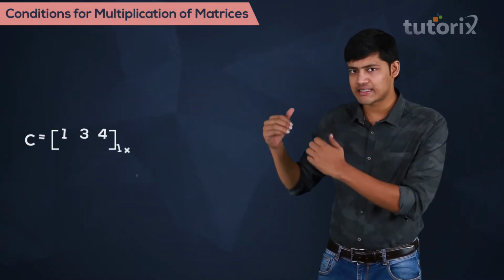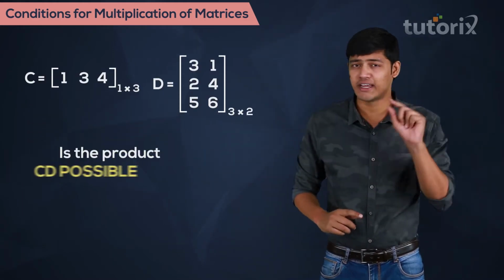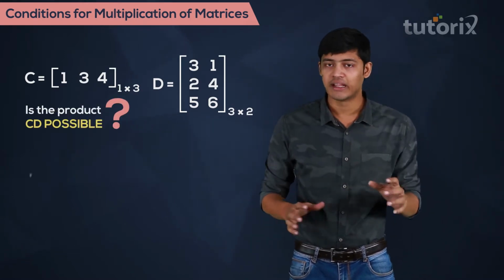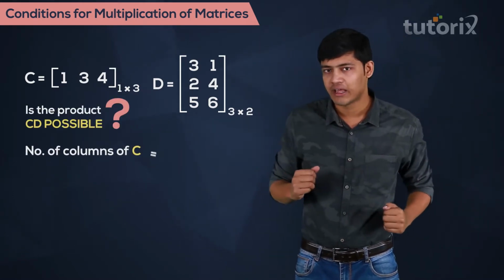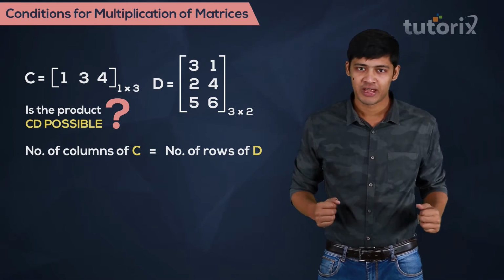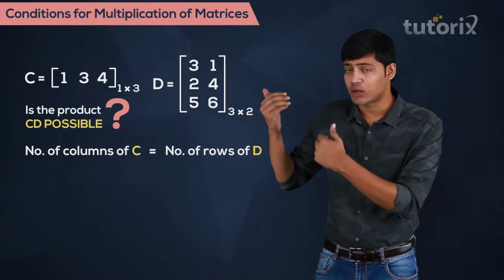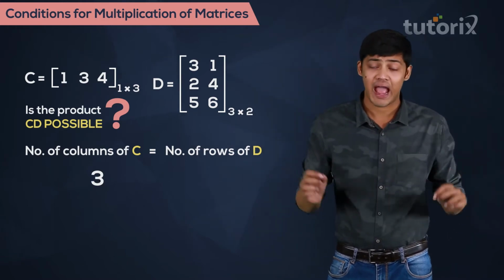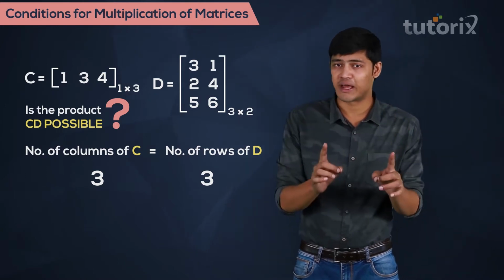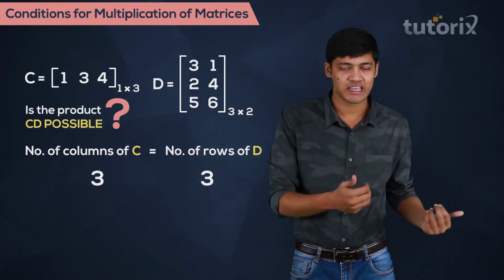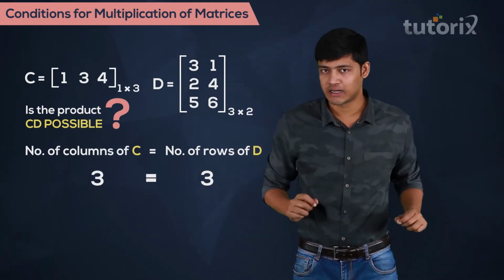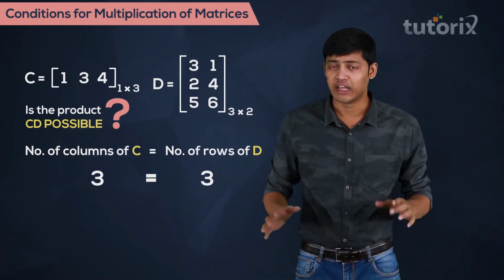Now, here are two matrices C and D. Is the product CD possible? For that, we have to check whether the number of columns of the matrix C is equal to the number of rows of the matrix D or not. As we can clearly see, the number of columns of the matrix C are 3 and the number of rows of the matrix D are also 3, which implies that the number of columns of the matrix C is equal to the number of rows of the matrix D,